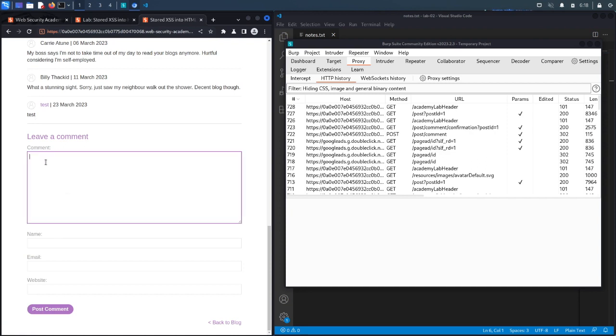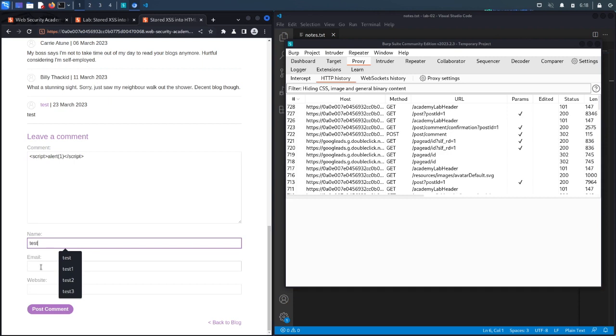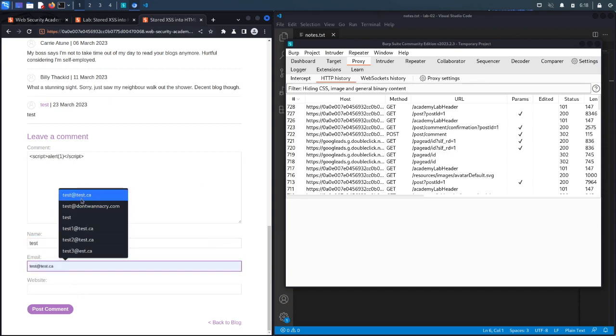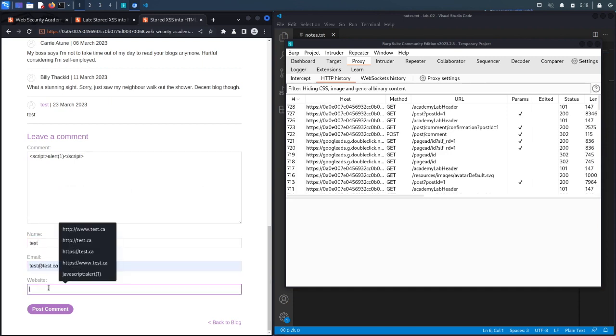So we'll add our classic cross-site scripting payload, script alert 1, and then we'll close this script tag. All this does is call the alert function, which outputs a window that contains the string that is inputted in the alert function, which in this case is just 1. So let's put test and then test@test.ca, and then let's say the website is http